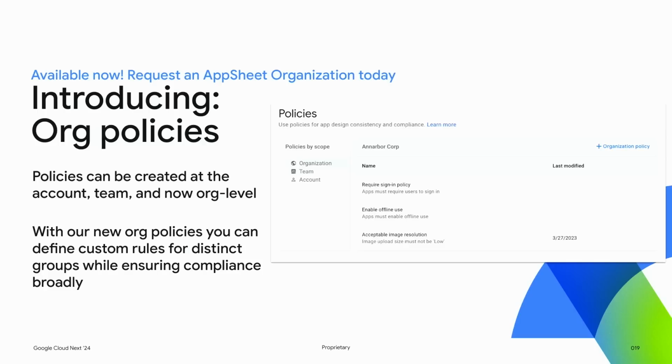So we heard from customers that while it is powerful to be able to set policies in place at the individual team and account level, it's also sensible to have a default set of policies that apply to the organization as a whole. And from there, have additional specific policies that can be put into place that match individual team dynamics as appropriate for the business. So these are org policies.